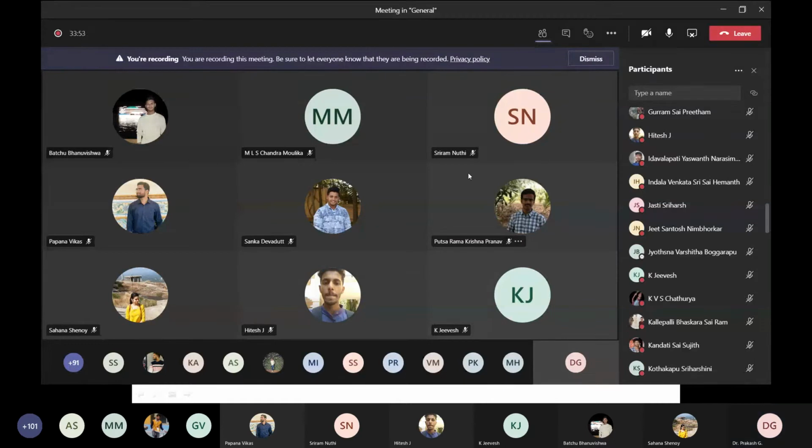M to n. Someone said m to n relationship. Who said that? That is also correct. I am not saying it is wrong. That also can be justifiable. Sriram, you said 1 to n, correct?